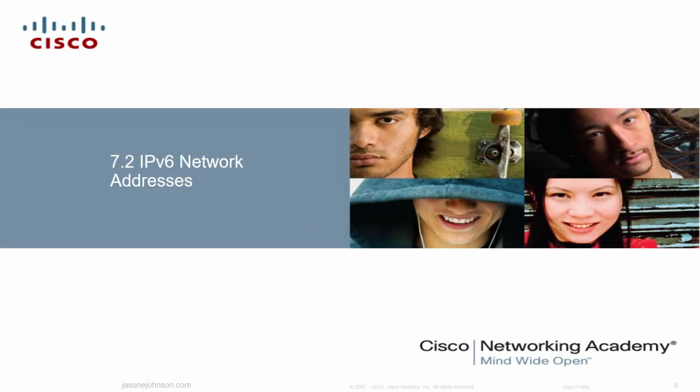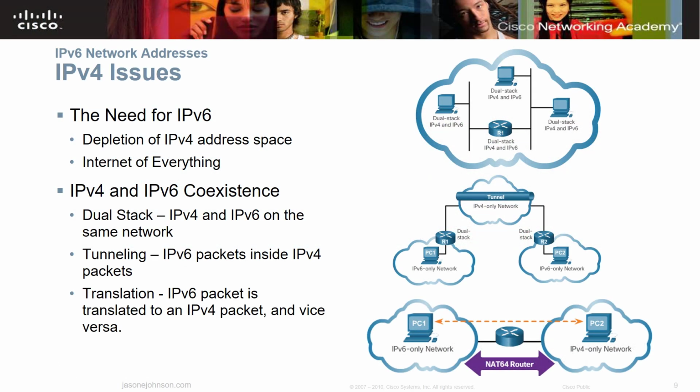So let's take a look at v6 network addresses now. v6 addresses can be daunting to people that are coming into them new because they are so large. The reason we have v6 addresses, and you may be asking yourself, where did v5 go? Well, they skipped v5. They went from v4 to v6. I'm really not going to cover it in the scope of this presentation, but you can research on the internet what happened to IPv5. It didn't just disappear. Something did happen to it, but I'm not going to talk about it here.